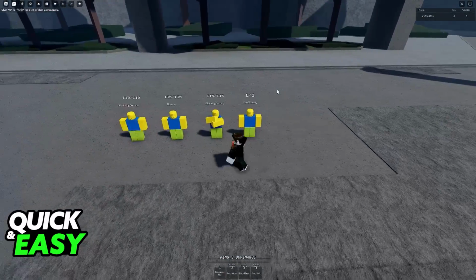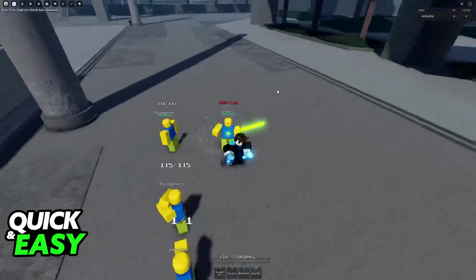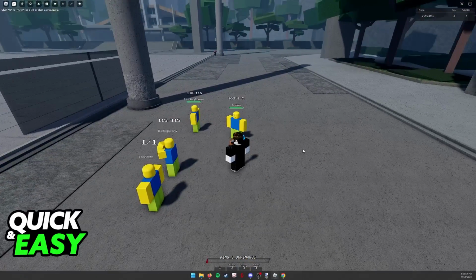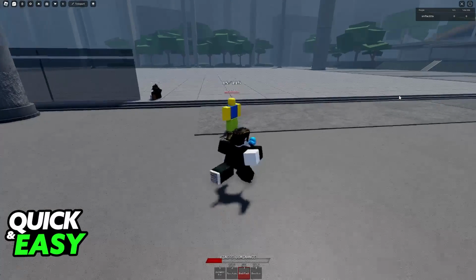Now, a lot of people have complained that this is one of the more difficult ones to land, and I agree. But in this video, I'm gonna try to give you various different tips to help you hit the Black Flash. So for you to do the Black Flash, all that you have to do is use the ability,